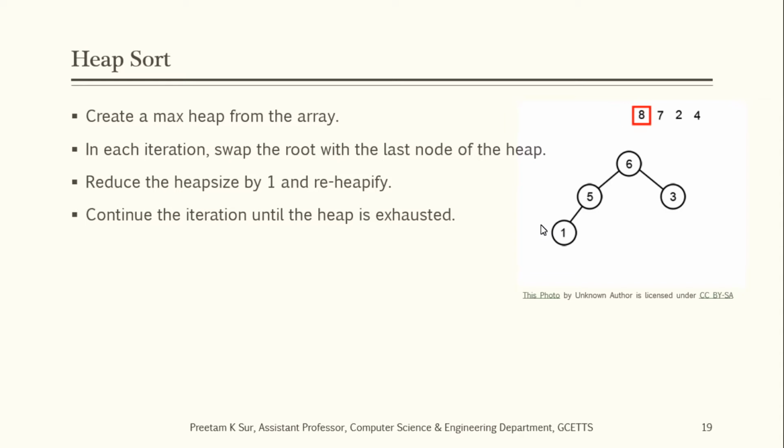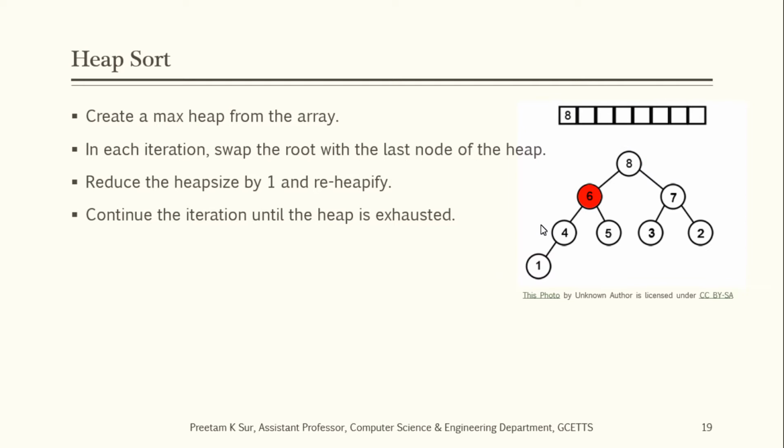Next we are considering 1, which is going to be the left child of 5, and 8, which is going to be the right child of 5. Now, once we put 8, the heap property is violated, so we swap it. Again, 8 and 6 have a violation, so we swap it to make it a max heap, right? 7 will come as the left child of 3, and again it will be swapped because of the violation of the heap property. Next 2 will come as the right child of 7, and finally 4 will come as the left child of 1, which is again a violation of the heap property, so 4 and 2 will be swapped, but 4 and 6 will not be swapped. Okay, so this is the max heap from the initial given array.